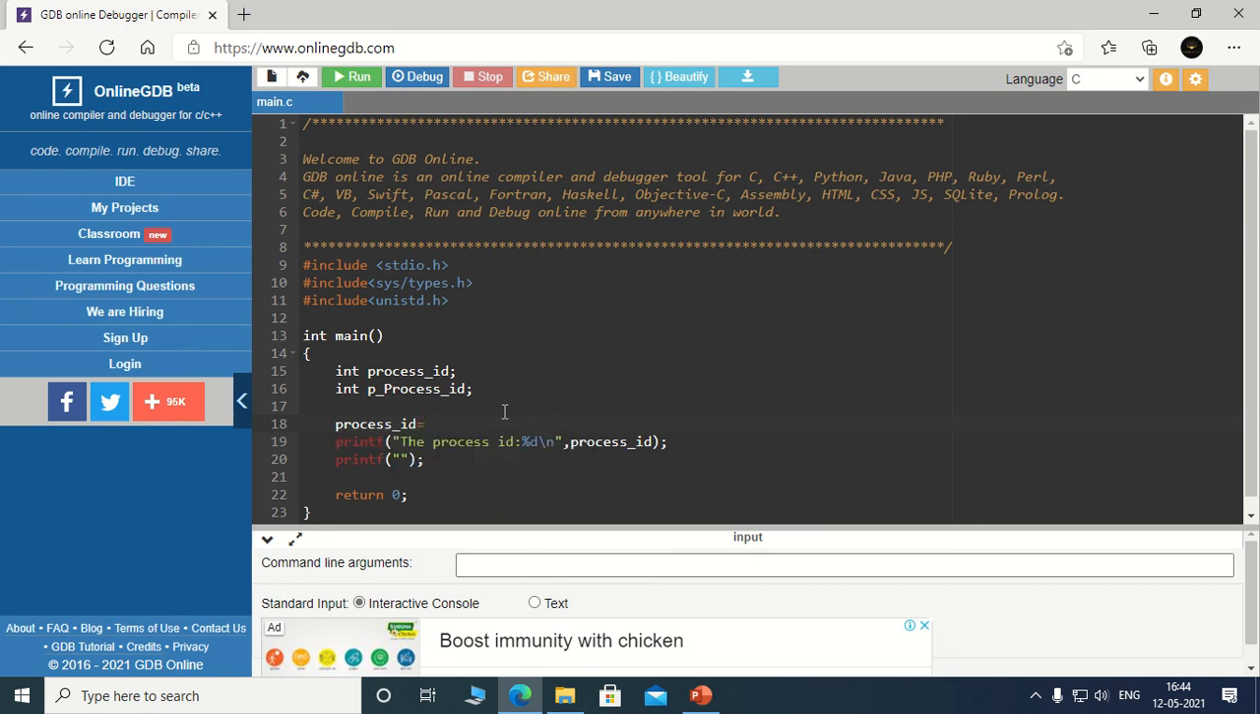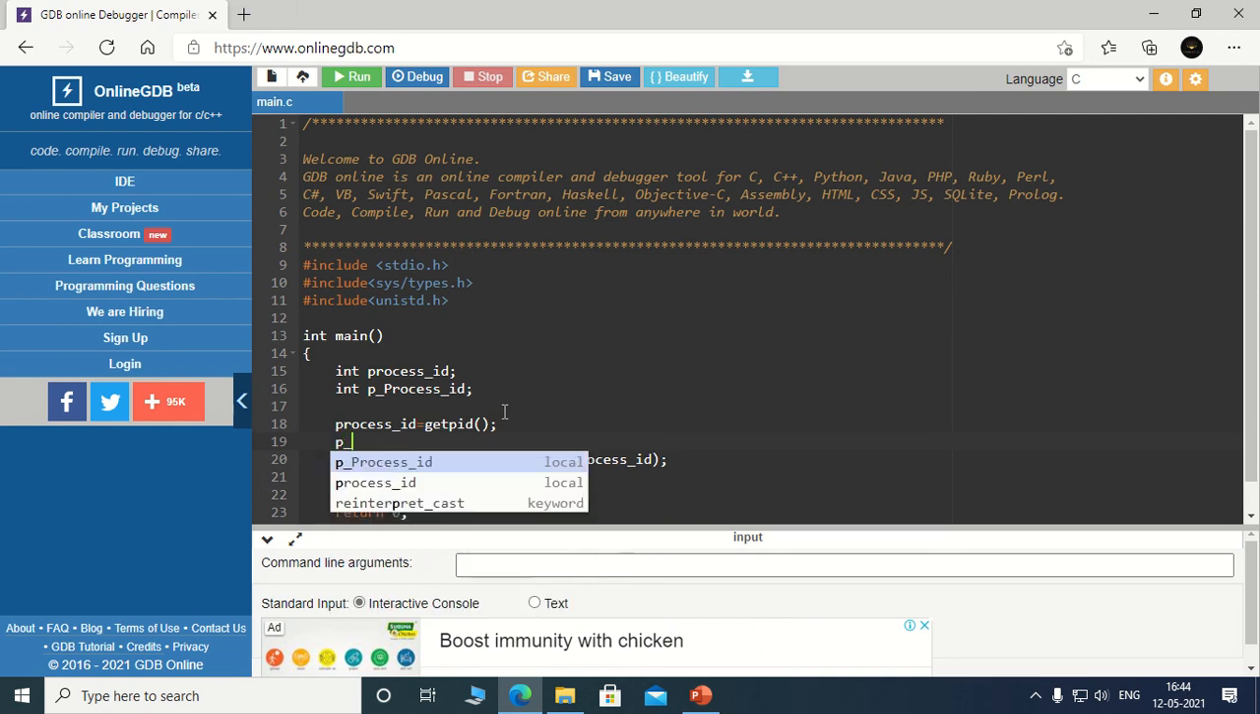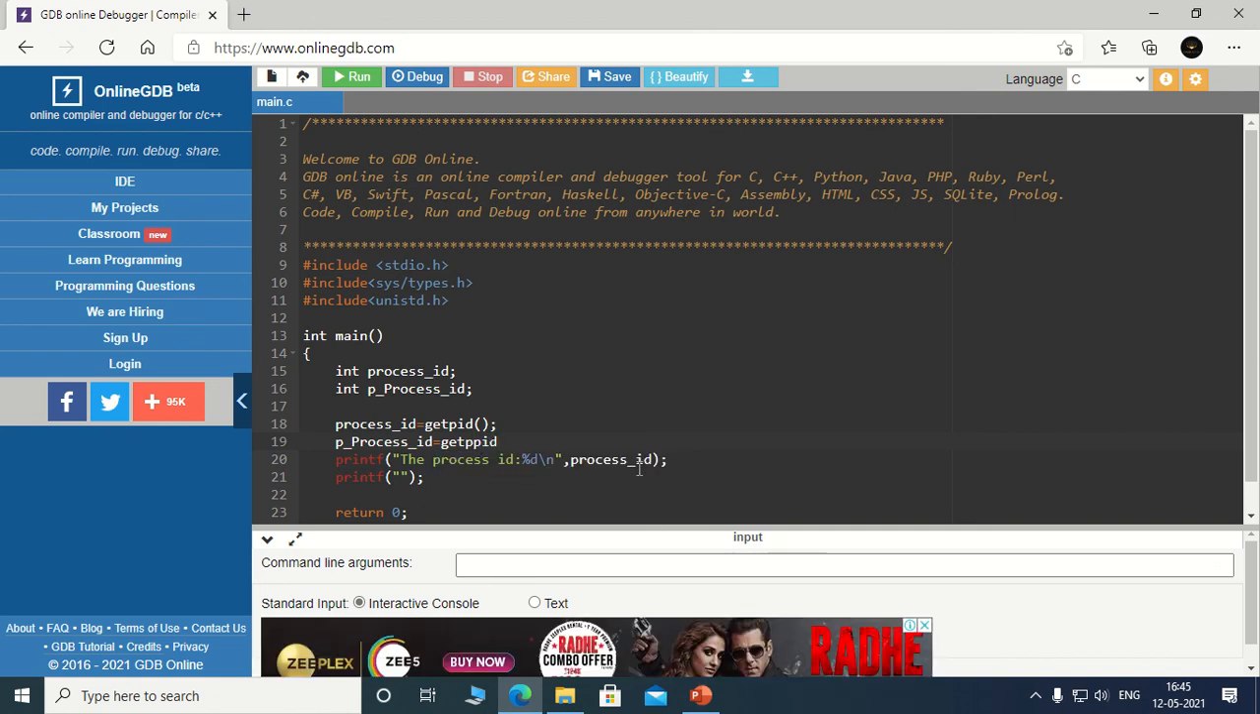It is the variable that I have taken, getpid. So it is going to give you the process ID, and the parent variable is equal to get parent process ID, getppid. So this function will give me the parent process ID,